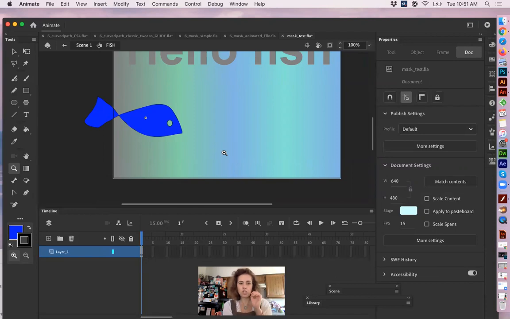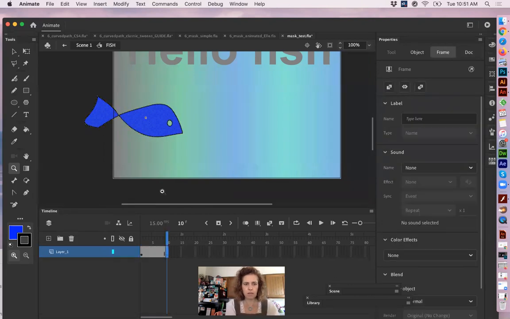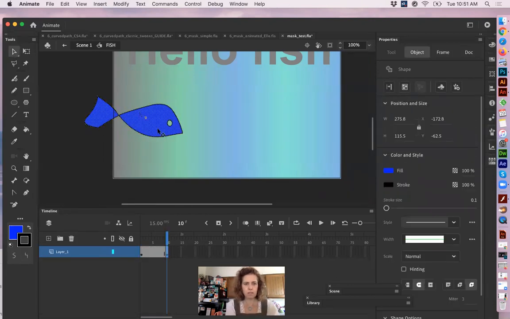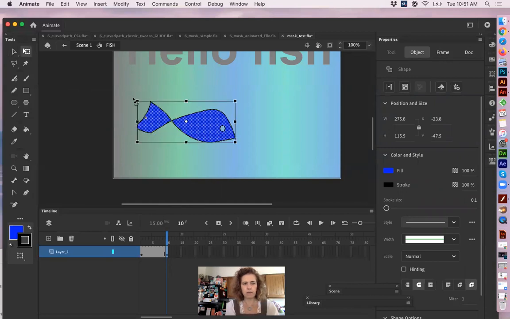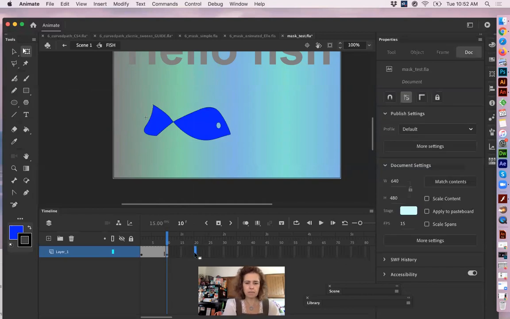That is, we're going to do a shape tween. So this fish is going to be, by the time it's here, keyframe, and it's going to be here and here, and maybe, and by the time it's here,